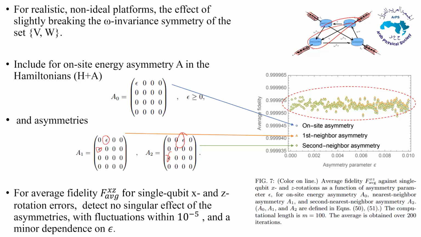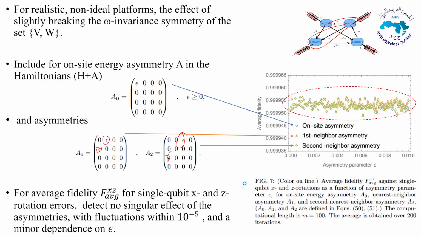Yeah, we can tolerate 1%. Usually we can realize 1%. Usually the error is 1% to 1 in 1,000. That's the possible error that can be realized when we build a practical system. When we do that, we can see the most interesting thing, that's the fidelity, the average